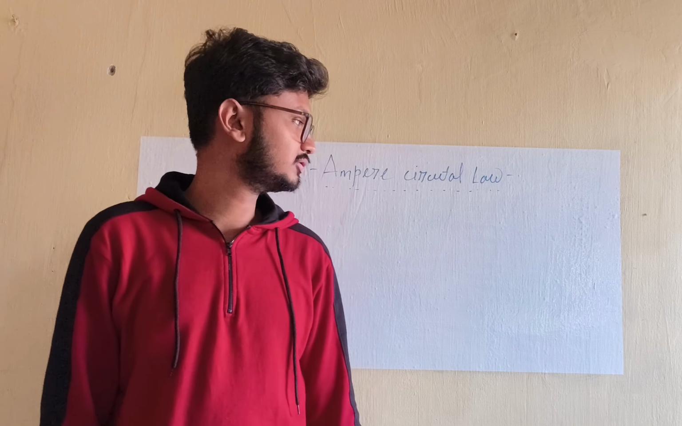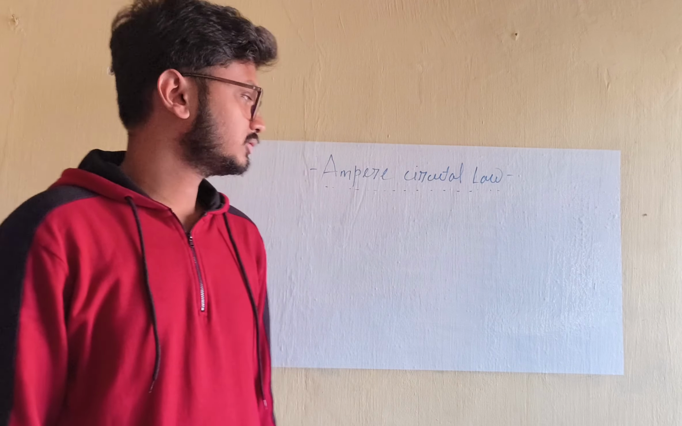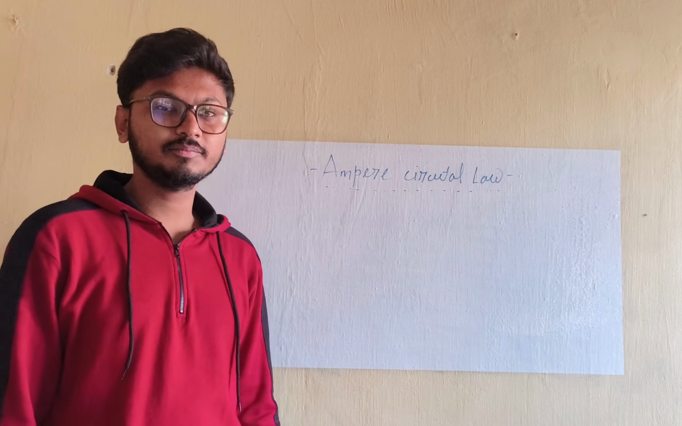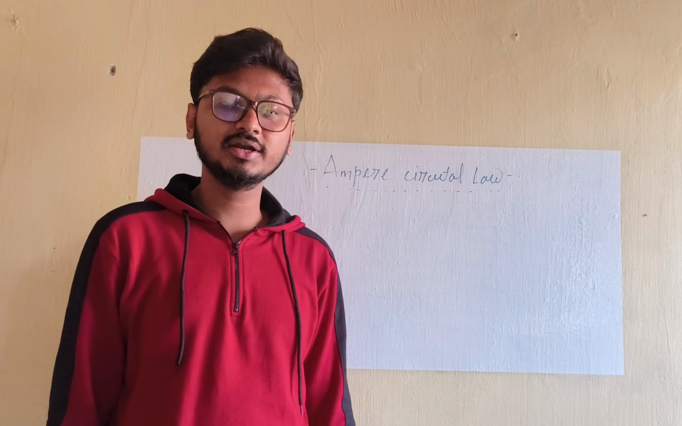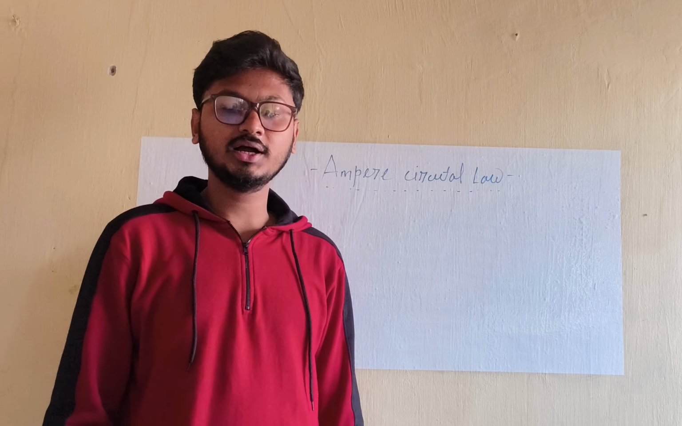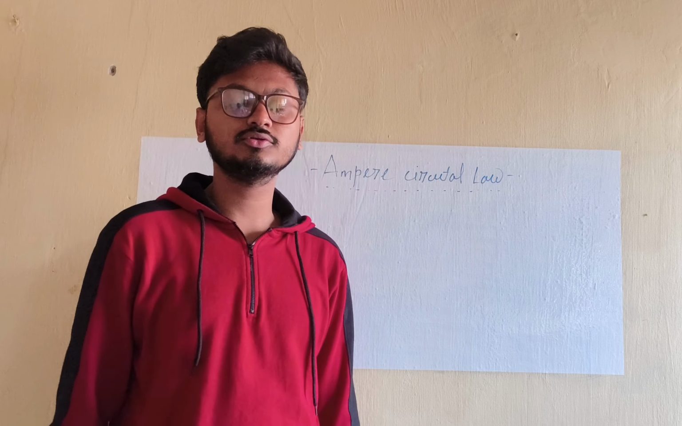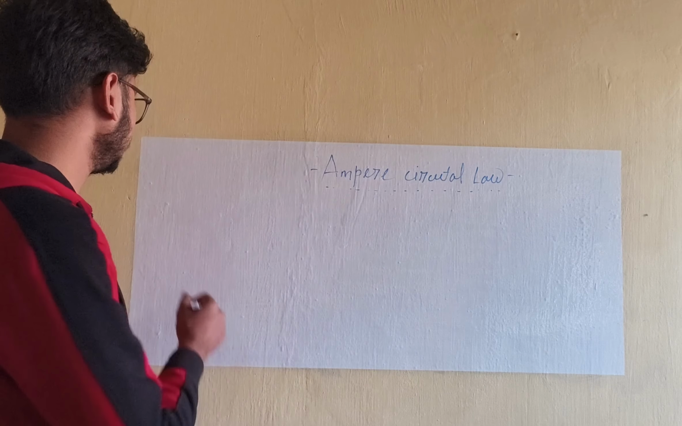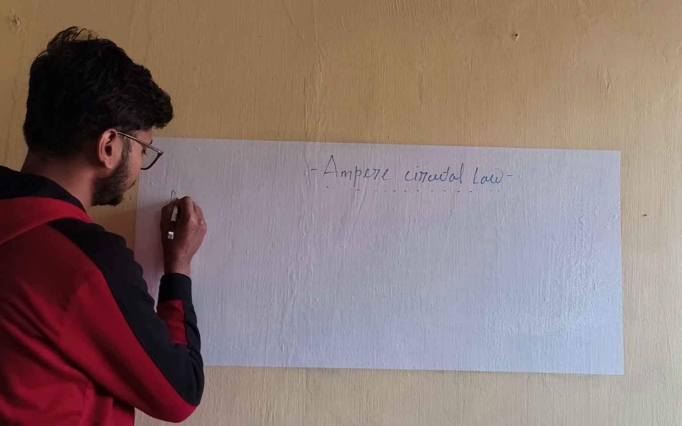Today I am going to teach you Ampere's circuital law. The definition of Ampere's circuital law is that it relates the magnetic field inside a closed loop with the current passing through the loop. So the definition I am going to write is